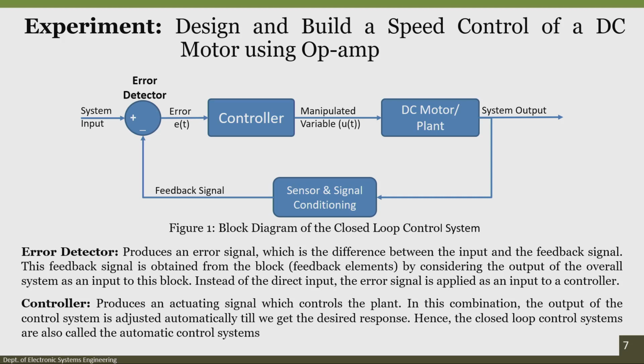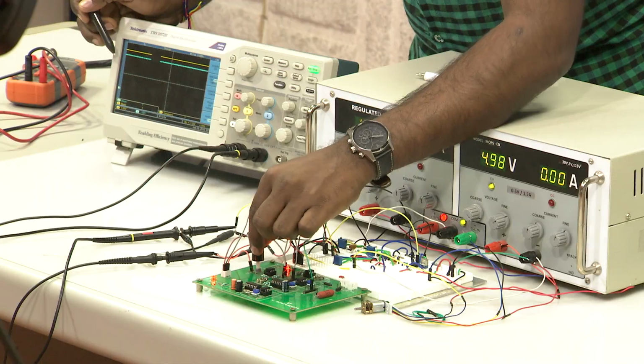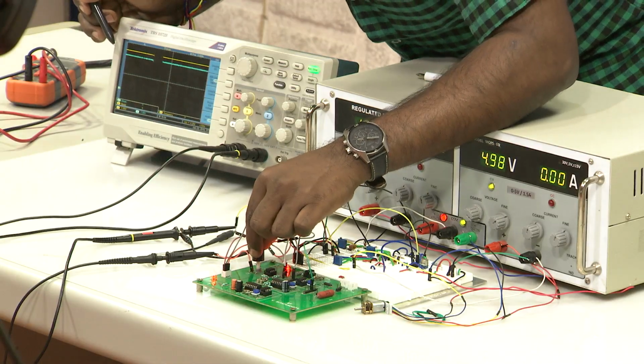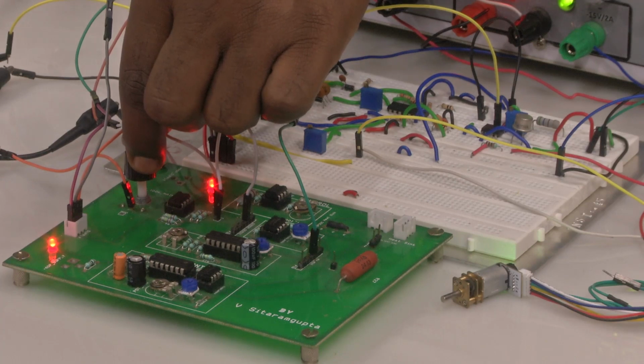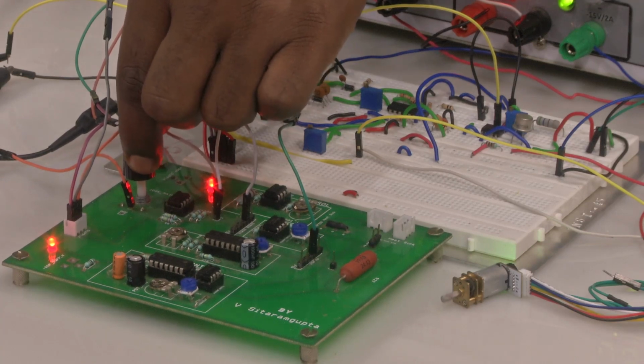The reason is that this DC motor can only operate at a maximum voltage of 6 volts, above which it will be damaged. Because of that reason, we have used a Zener diode across the output of the controller, which is connected as an input to the driver circuit of the DC motor. As a result, even if you further increase the gain of a P controller, you cannot reach the set point, right. So, let me change to a lower value, somewhere around 2 volts, and see whether it can be operated at 2 volts or not.